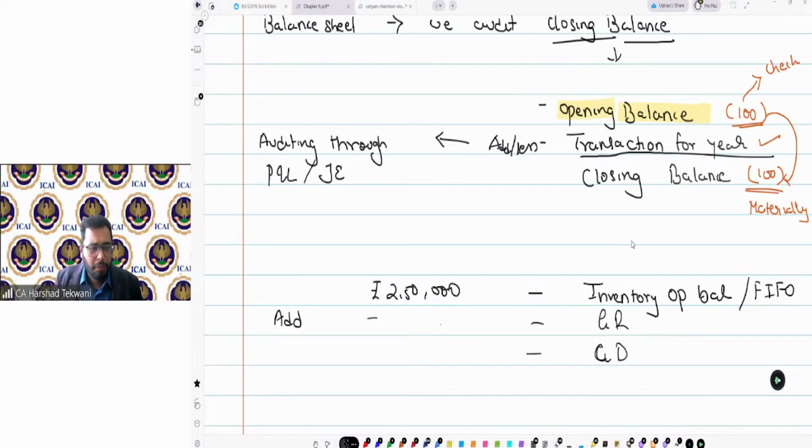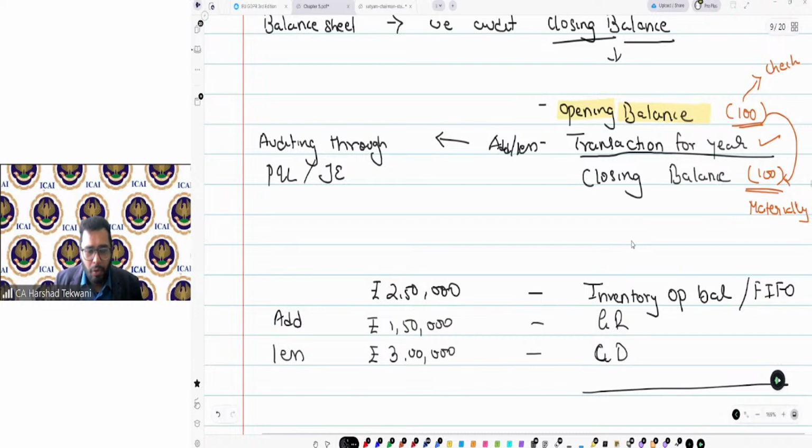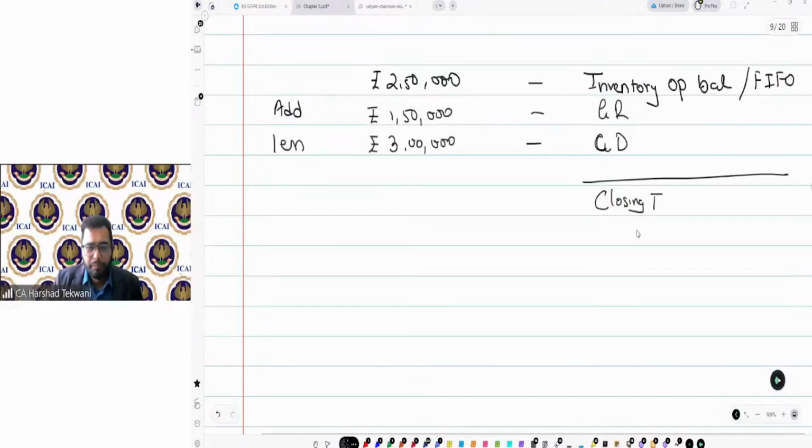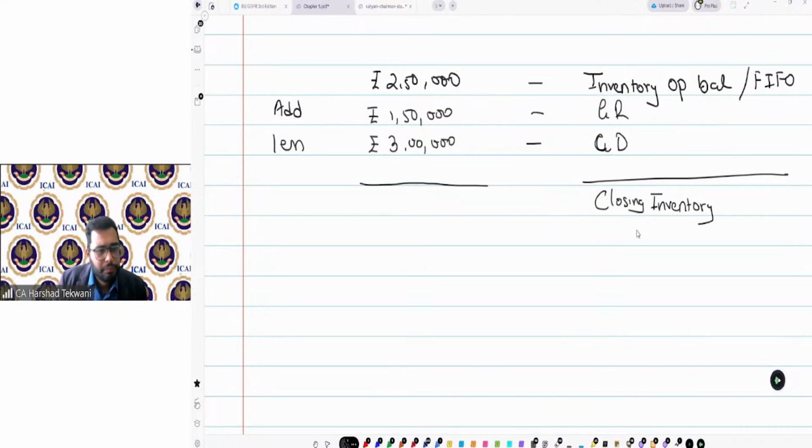Let's say for example 1,50,000, less goods dispatched, let's say 3 lakh. I would get the closing inventory. Now let's say for example this will be 1 lakh.